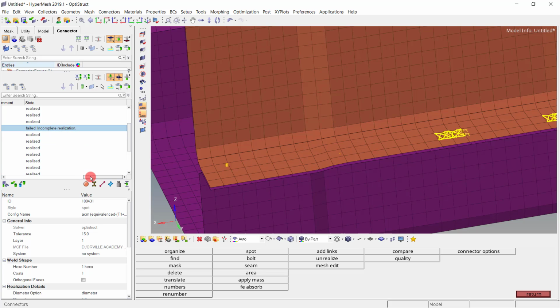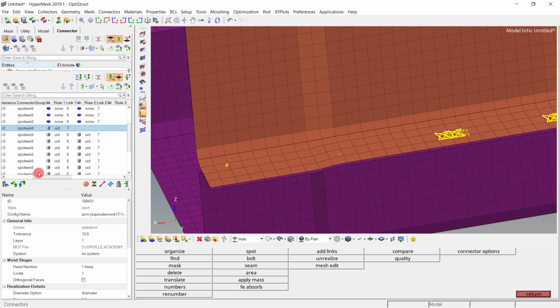But still, it is not giving me the entire information. If I scroll down over here, you can see rule 1, link 1, rule 2 and link 2. So basically, this is the layer information. With rule 1, it is connecting the component or the part with the ID 7. But for rule 2, unfortunately, it does not have any information to store. If you see over here, let me just expand this browser window.